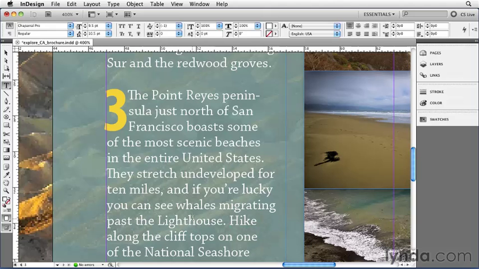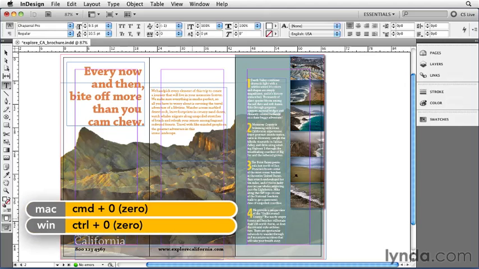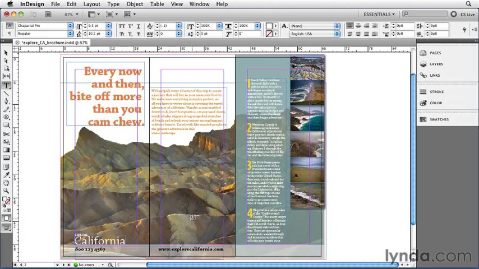So that's great. But one more thing before I go to print is I'm going to zoom back to Fit in Window with Command 0 or Control 0 on Windows, and I'm going to look at this and say, am I sure everything is right? Because just because check spelling says that it's all right does not mean that it's truly all right. It's always a good idea to proof it yourself. Use the human brain to proof it, or even better, send it to somebody else who'll proof it for you,